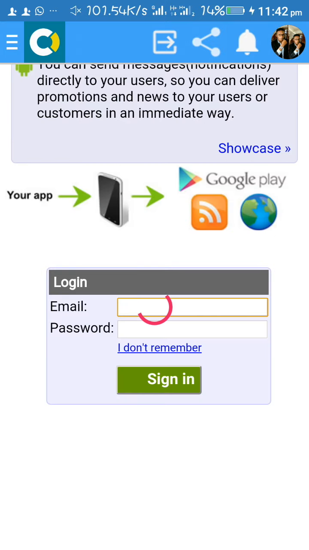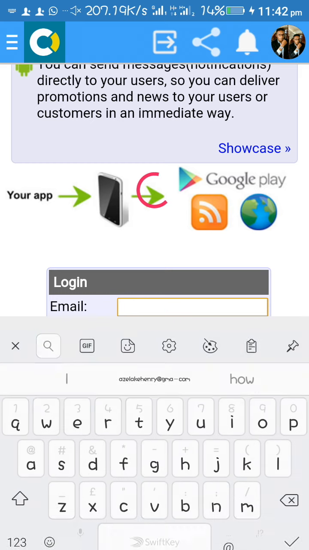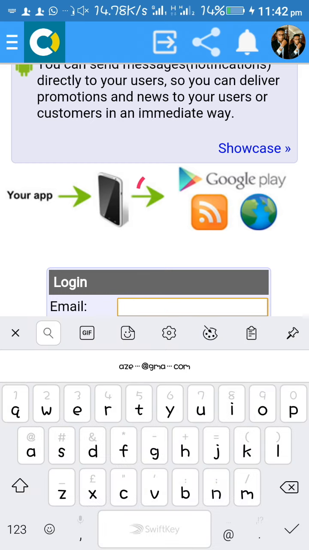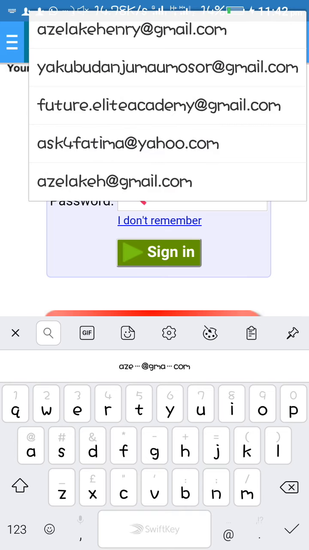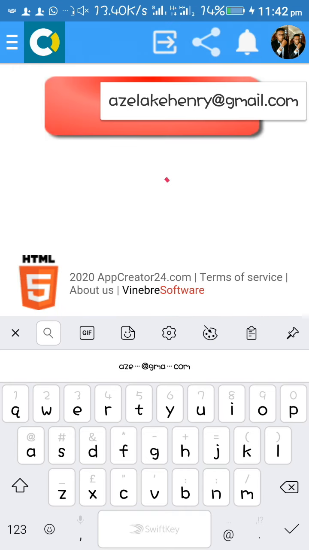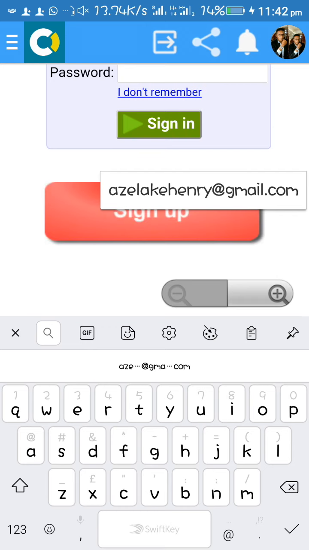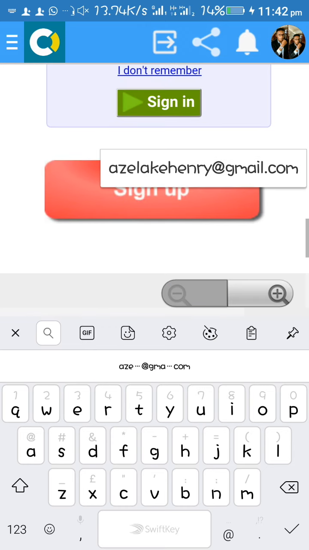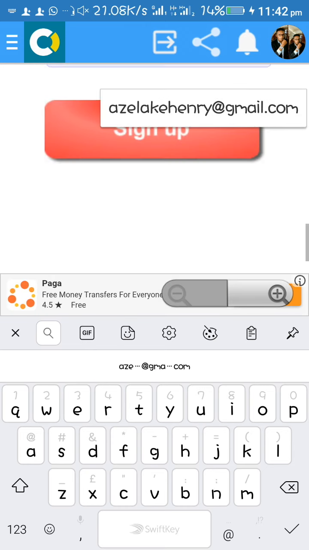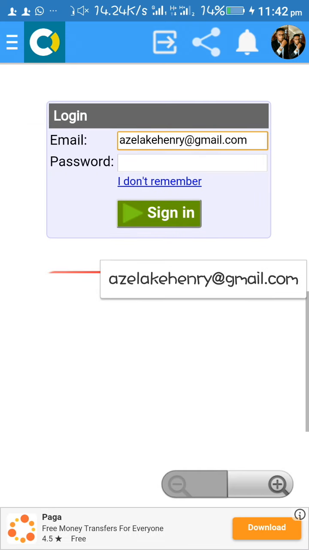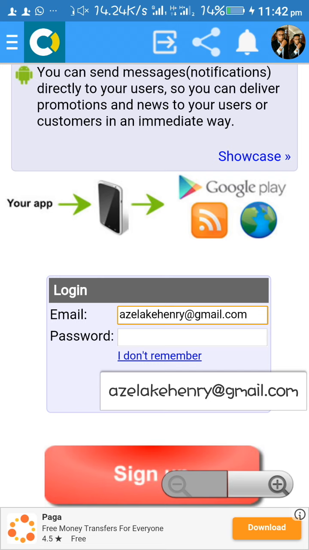Now you see it has opened. Then I will have to enter my email address. Okay, this is my email address. I've entered my email address. Then the next thing is I have to enter my password. But if I'm a new user, I will click on sign up.